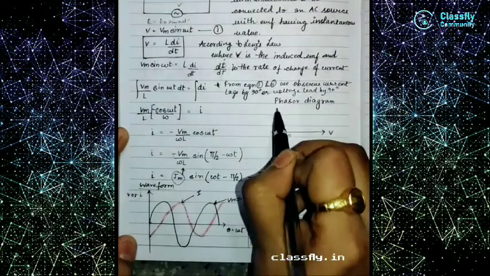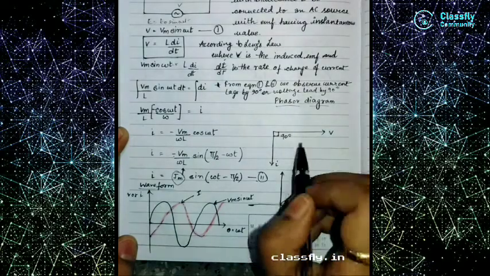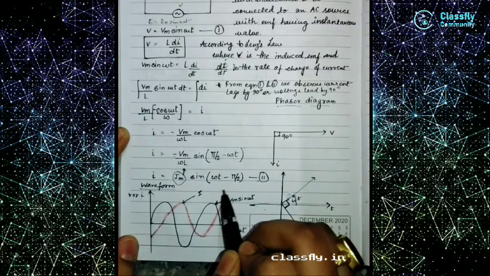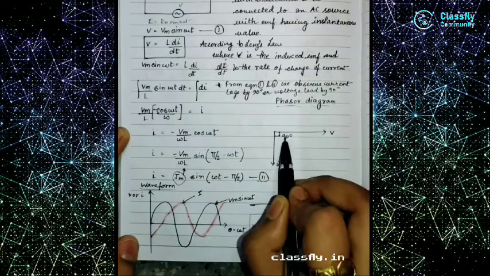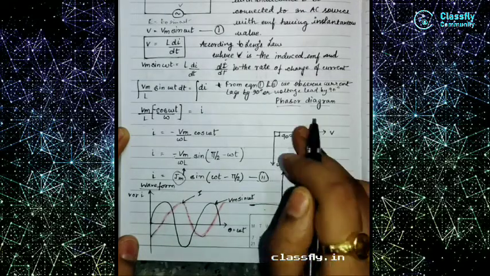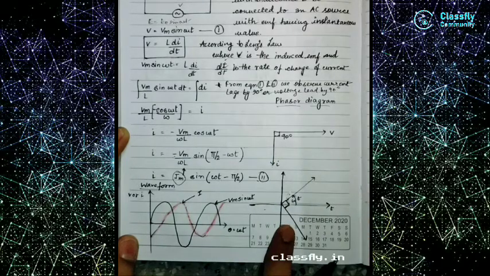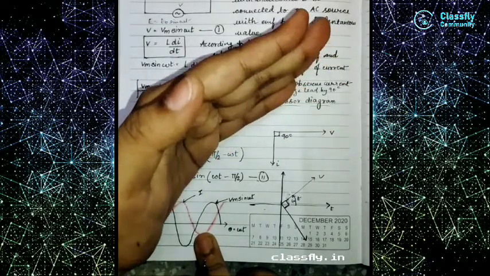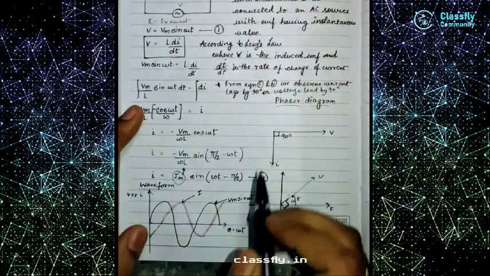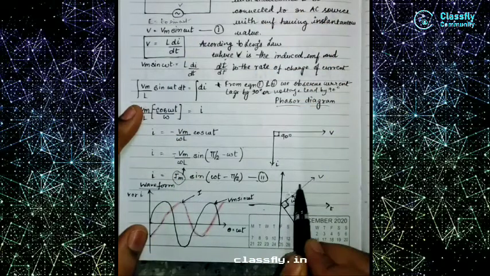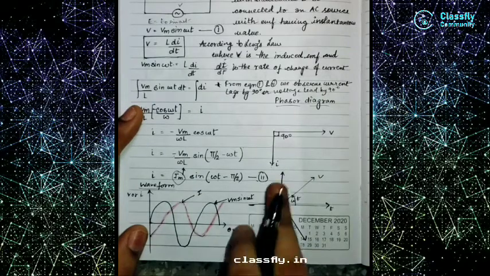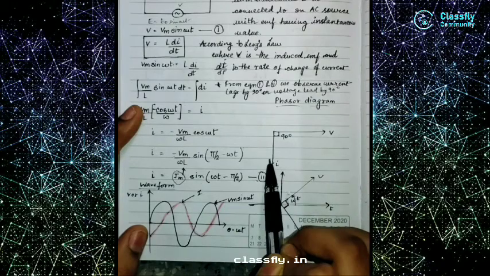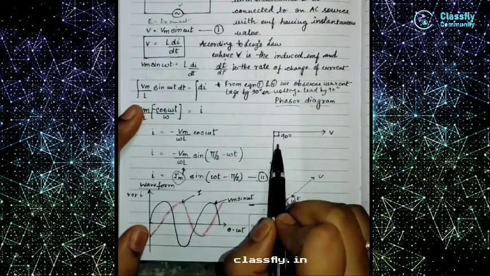When you want to see the phasor diagram, your voltage will be in the line, but as I told, the current will be lagging by 90 degrees. So it is lagging by 90 degrees. But for instantaneous time, this is your V. So you will just tilt it by an angle, and this angle will be your omega t. So this is your phasor diagram for the instantaneous time. So always remember that the current will lag by 90 degrees.